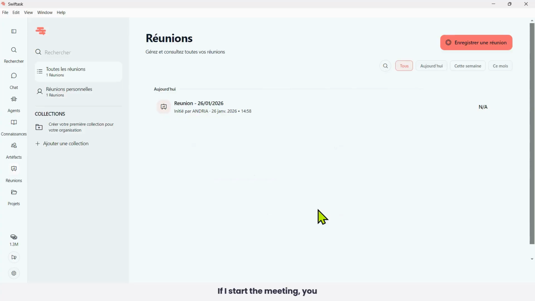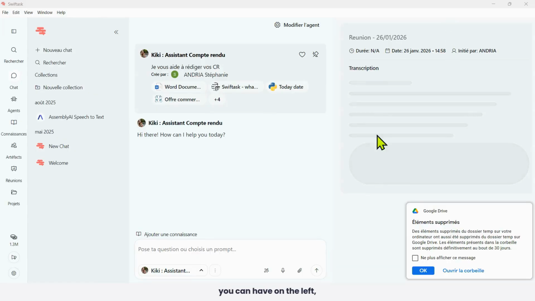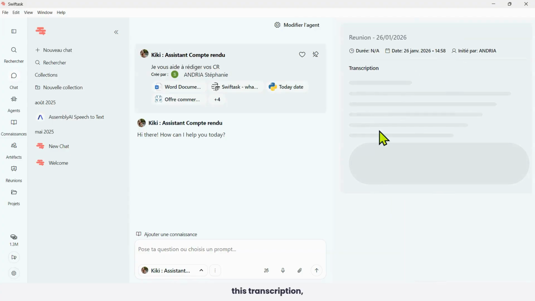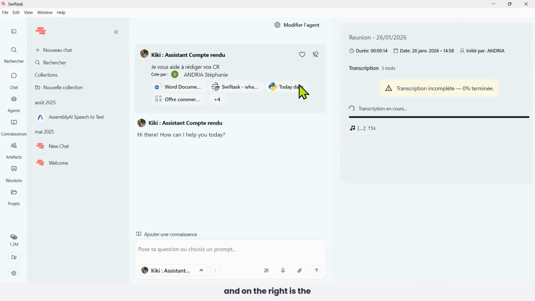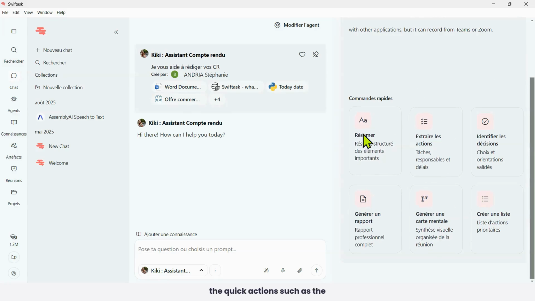If I start the meeting, you can see here that you don't need to interfere with other applications, but it can record from Google Meet, from Teams, from Zoom, or whatever meeting assistant you use. At the end of this recording, you have the transcription on the left, and on the right you also have the quick actions such as ask for the summary, ask for a report, ask for a mind map,